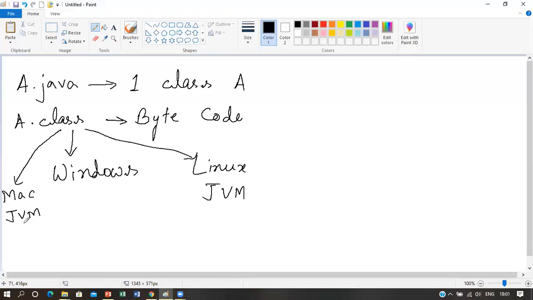not vary. That means we can say that JVM always depends on the platform, because the JVM software will vary depending on the platform. The JVM that is supported by Mac OS will not be supported in Windows OS, and the one supported by Windows OS will not be supported by Linux OS. That means JVM depends on the platform. So JVM is platform dependent, whereas Java programs are platform independent because the .class file doesn't depend on the platform.